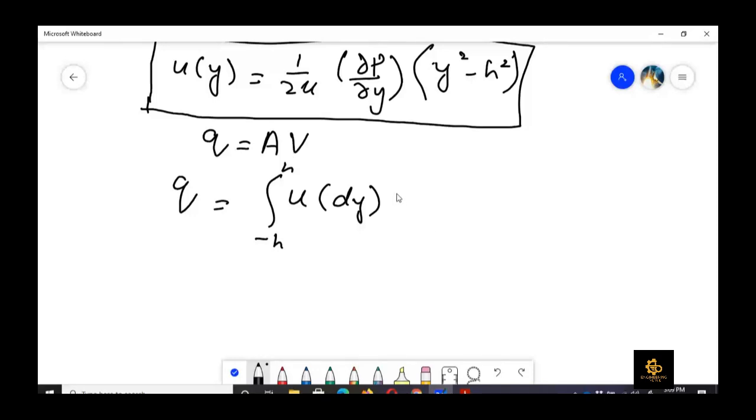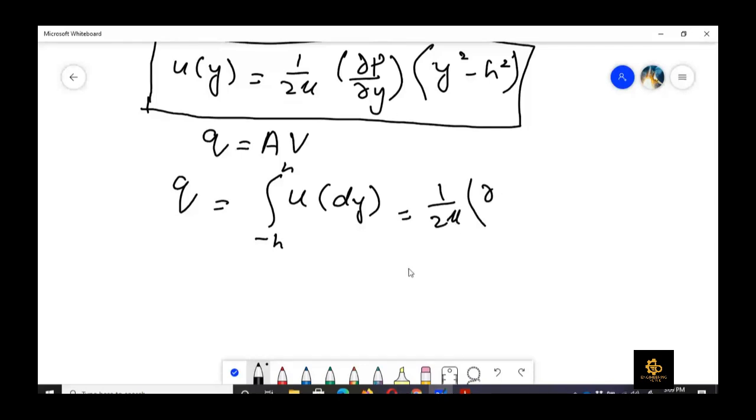So the third direction would be z, which is out of the board. So we take it 1. So dy into 1, that is for the unit width, if we want to calculate u into dy. Now how to calculate u into dy? We need to put this relation here and then integrate. So we know that 1 over 2 mu is constant, and then partial p by partial, it should